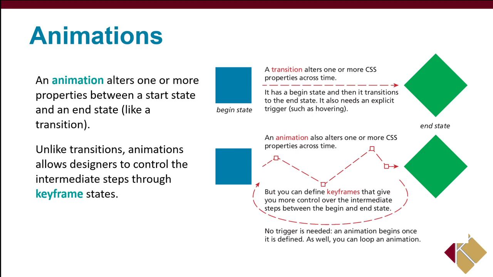Also, animations begin once it's defined. So once it loads, it's going to start that animation. And then it can repeat, so it can loop. So we've got here in the examples on the right, a transition. We've got begin state, end state, one to the other. You cannot affect it in between those two. And then an animation, you've got a begin state, end state, but you've got like 4 steps in between. And those 4 steps, those little squares in there, are keyframes. So key points,